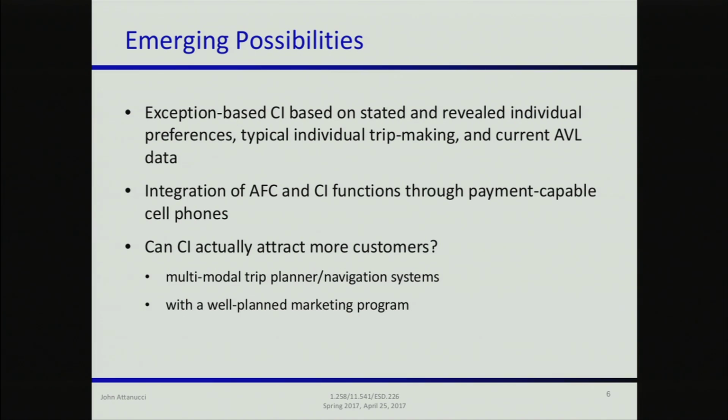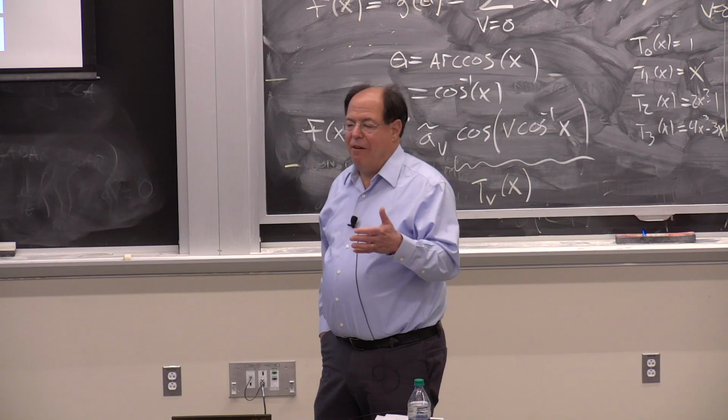This is the possibilities, and the last is, can we attract more customers using these? And that's the open question. There's some indication that we can. I think from a research side, we want to do more testing of pilot projects to see if we can. I kind of believe that the second point is really important. We need not only information, but integrated payment mechanisms on the phone, so that you don't have a separate